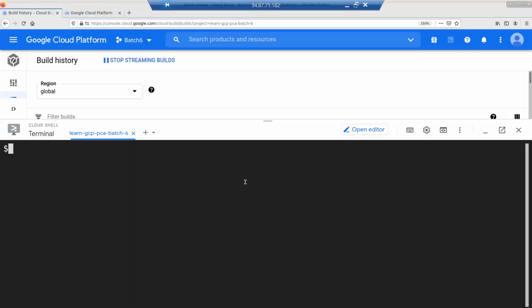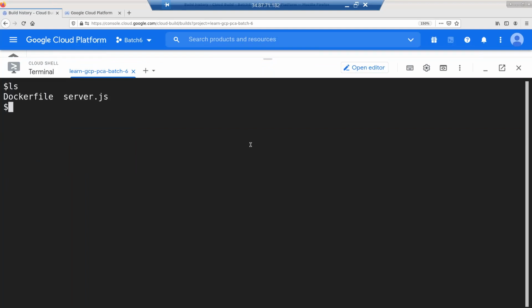So let's just go to that same location where we had our Dockerfile. So you have something like the Dockerfile, the server.js file, everything. What we'll do is we'll do gcloud. So you'll have gcloud builds submit -t gcr.io/dev shell underscore project id slash